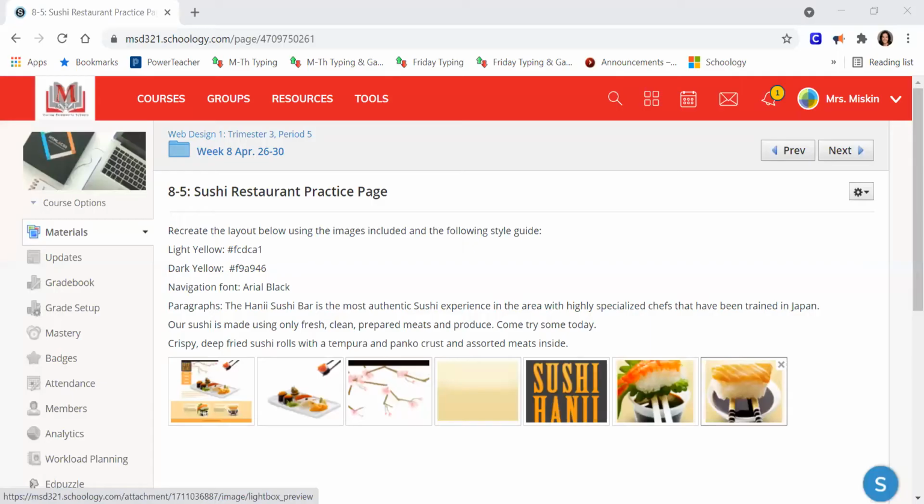I'm going to go ahead and share my screen to just show you what the Schoology page looks like. This is in week 8, and it's on 8-5 to start it. So there are 6 different images that you're going to need. There's a couple of different colors and a navigation font, and then 3 paragraphs on that page that I have